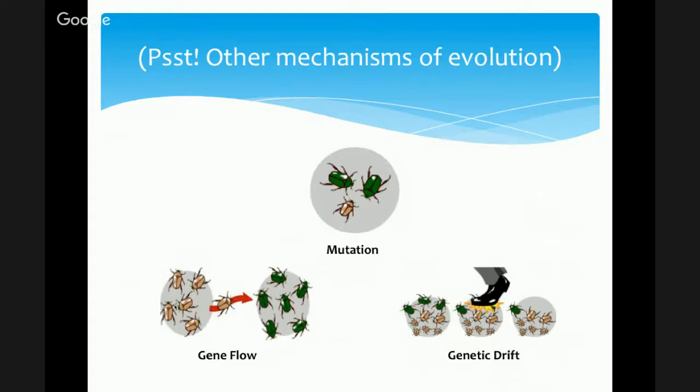Now, chances are good that your curriculum doesn't specifically call out these other mechanisms. It's rare that a state does that. However, even if all you do is cover natural selection, I'd still urge you to emphasize with your students that this is one mechanism by which evolution occurs. It's not the only one. And the reason why is if you end up only thinking that only natural selection shapes organisms, then you get this hyper adaptive view of life. Everything becomes an adaptation because that's what natural selection results in. And then some things simply don't make sense, like your own belly button, for example. And that gets, again, seized upon.